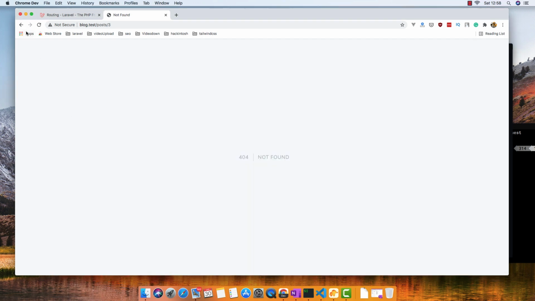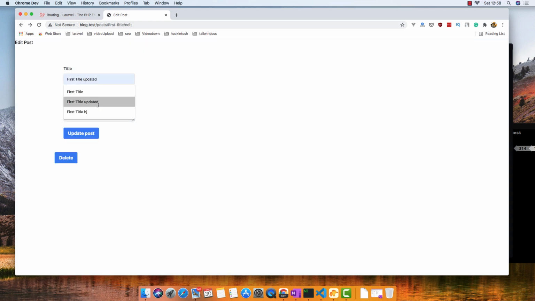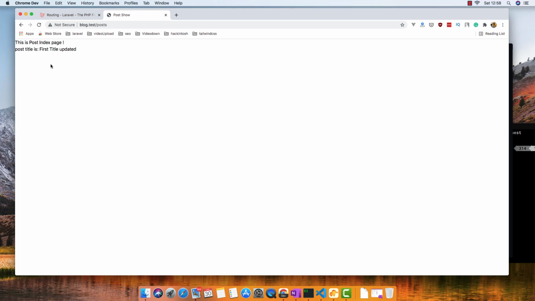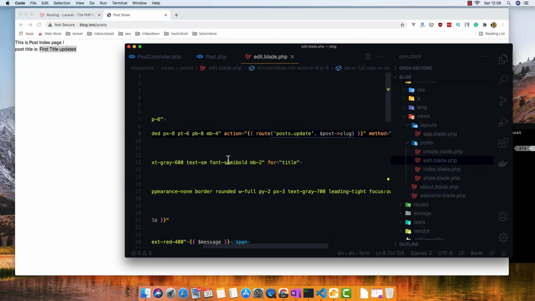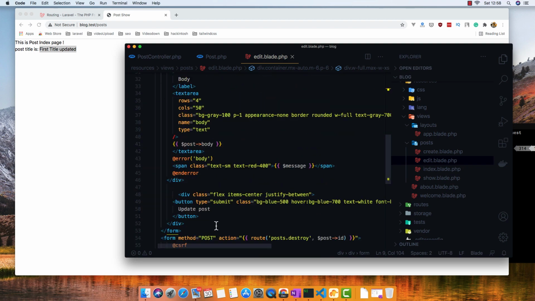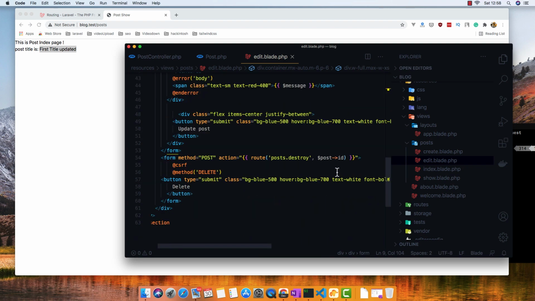If I make this change, refresh again, and now do the update, we updated the post. The same thing we need to do in the delete form. So slug, save,